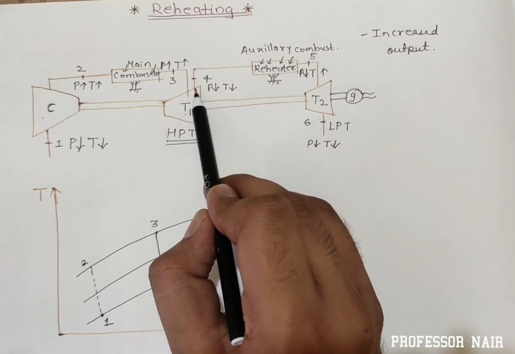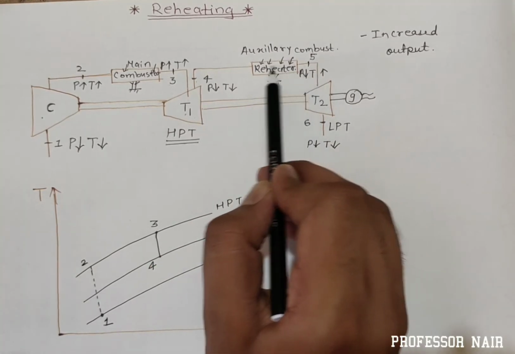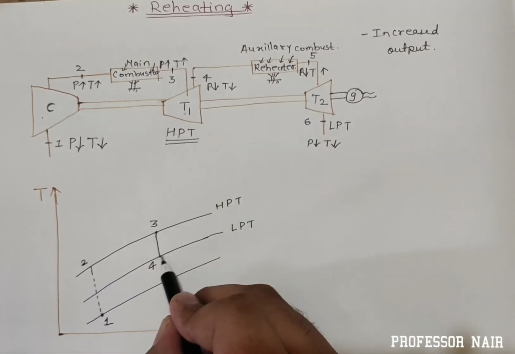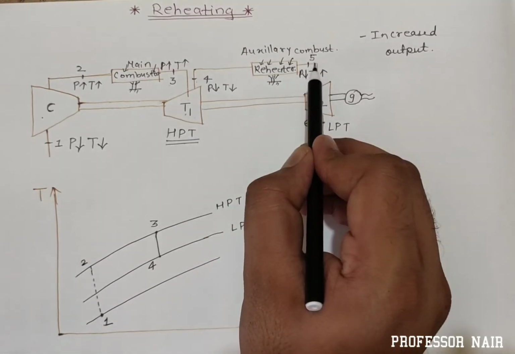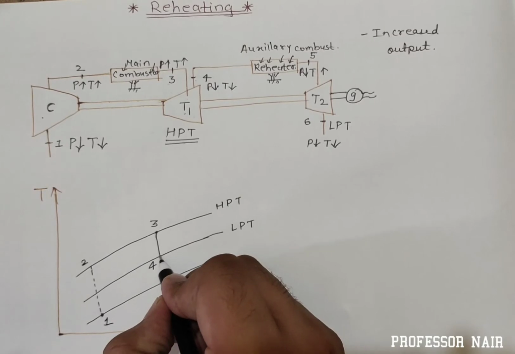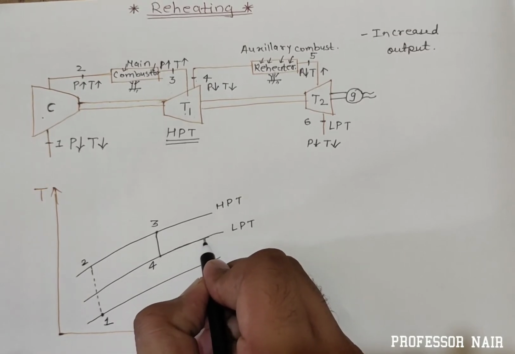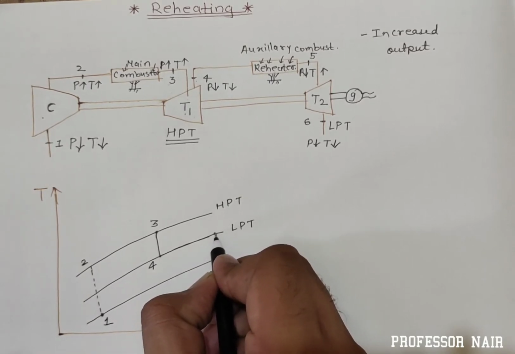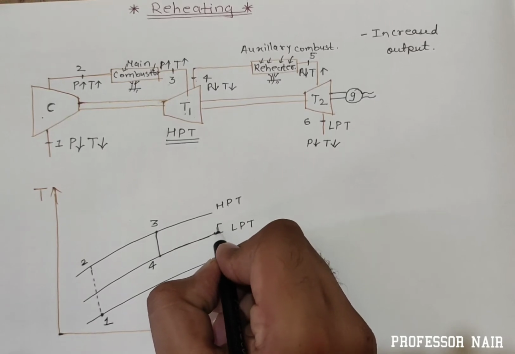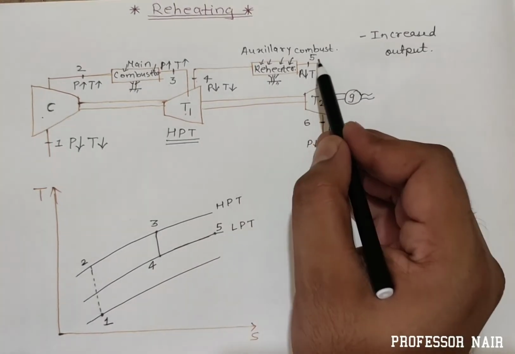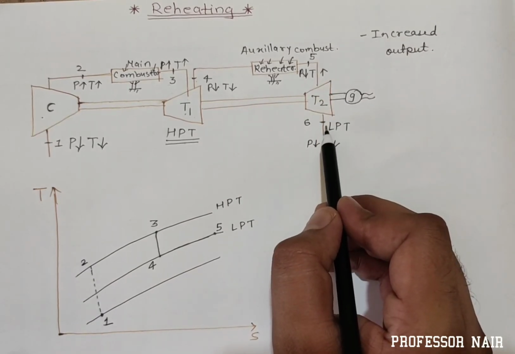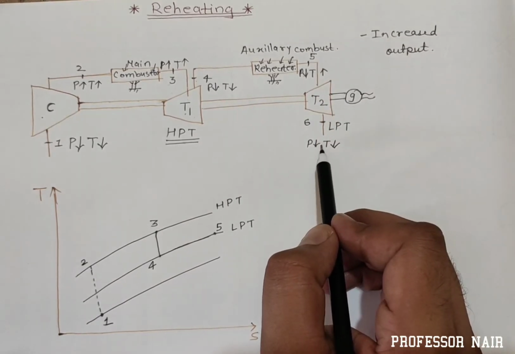Okay, so from 4 to 5 the pressure will remain constant, means I have to follow this line, but the temperature will increase from 4 to 5. So 4 to 5 keeping pressure constant. So this would be your 5th point, right? Okay, so from 5th to 6th pressure and temperature become low.